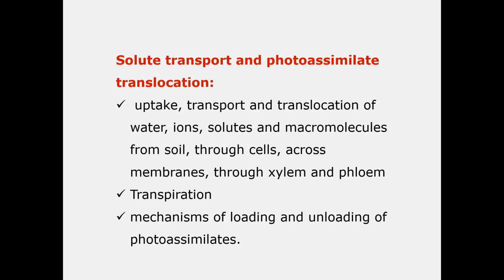Next chapter is cellular transport and photoassimilate translocation. Here different membrane transport is important. Pathways of water transport is very important. Apoplast, transmembrane and symplast. And role of Casparian strip, xylem loading, water transport by xylem, phloem structure, and the pressure flow model of translocation in the phloem. That is very important. And sugar loading and unloading. That means polymer trapping model. These are the important topics coming under this chapter.